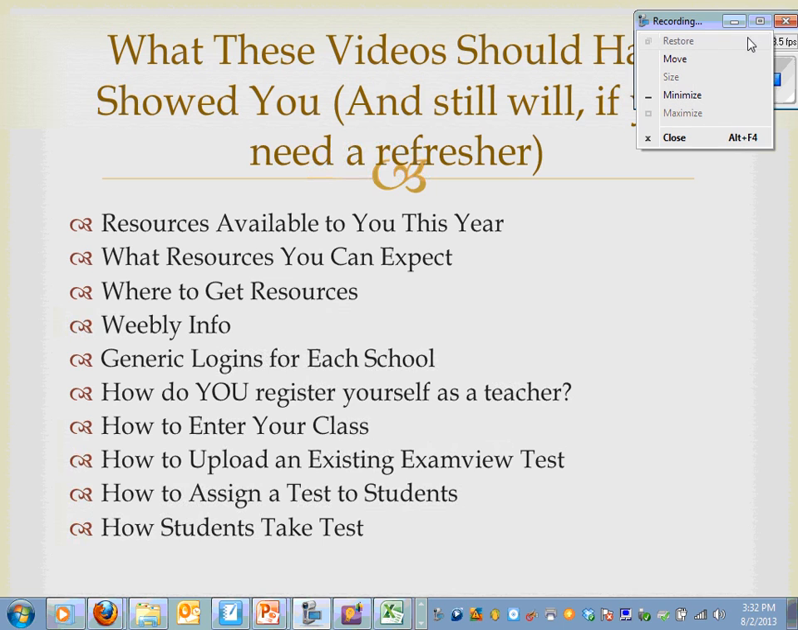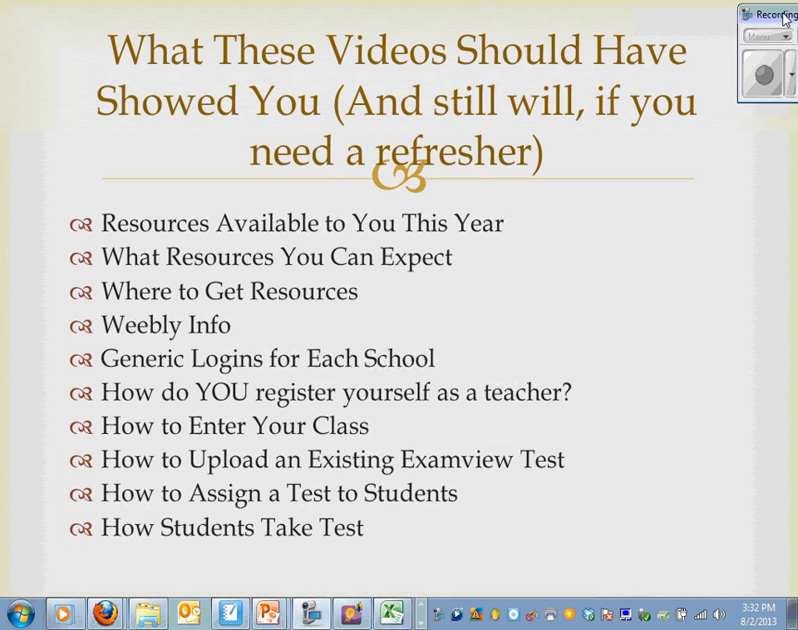We definitely went through the resources, what you can expect, what you can expect not to receive this year, where to get your resources, some of the Weebly information, also your generic logins for each of your schools, how to register yourself as a teacher, how to enter your classes, and also enter your students and assign a test to them, how to upload an existing ExamView test, and how your students would take a test and for you